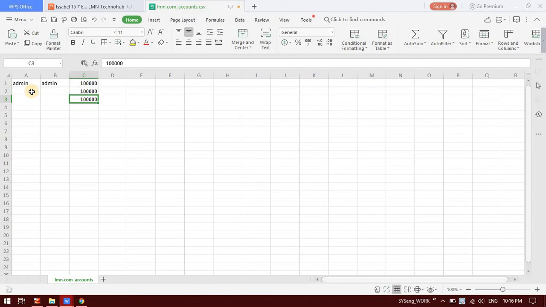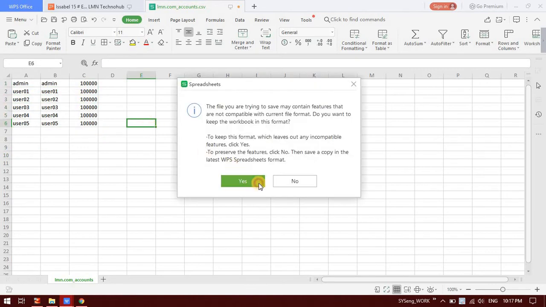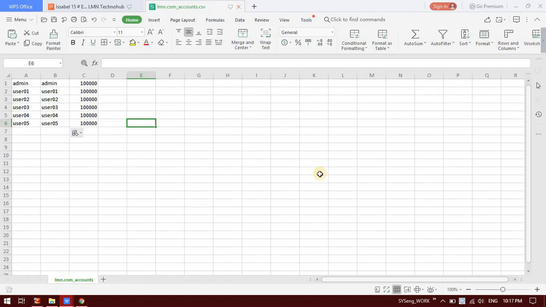I'm just creating a few accounts, user 01, user 02, so you can see I am creating these 5 accounts. I will just click on save. Okay, so I've saved that file.